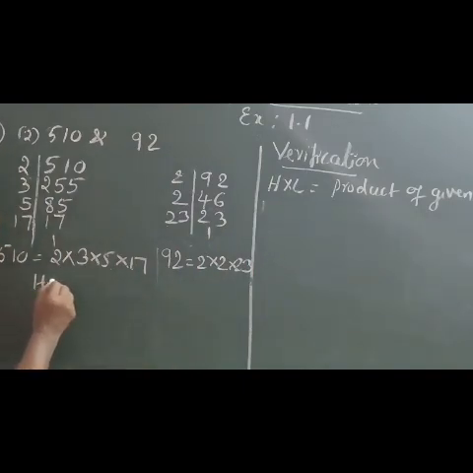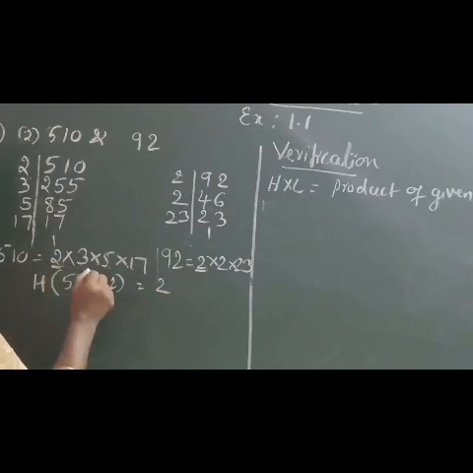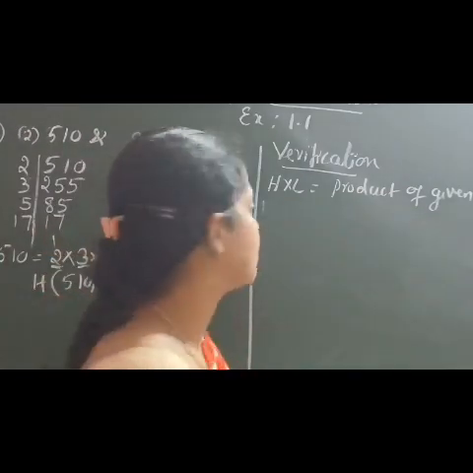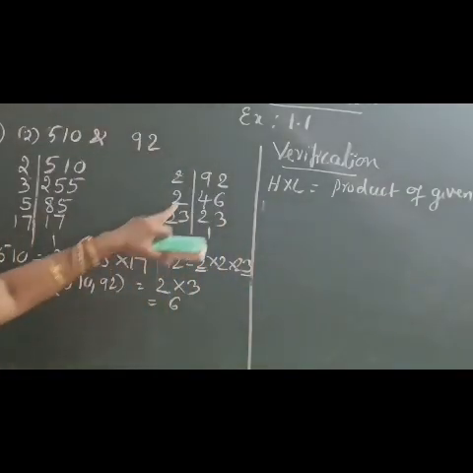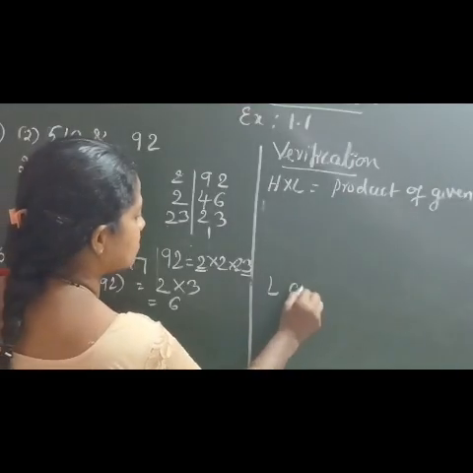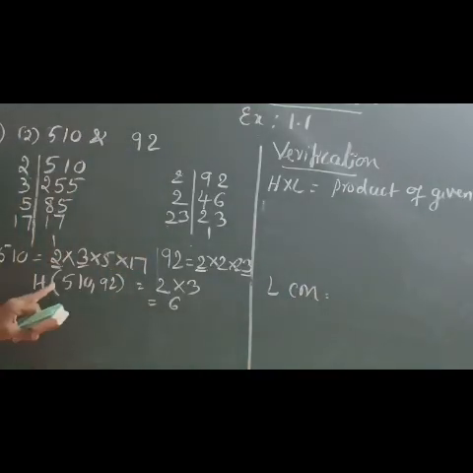See what is common. We should find out the common factors. Okay. 2 is common and 3 is also common there. So the product of these is 6. 6 is the HCF of the given numbers. And next, what is the LCM? I will write the LCM here. LCM of these two numbers is equal to